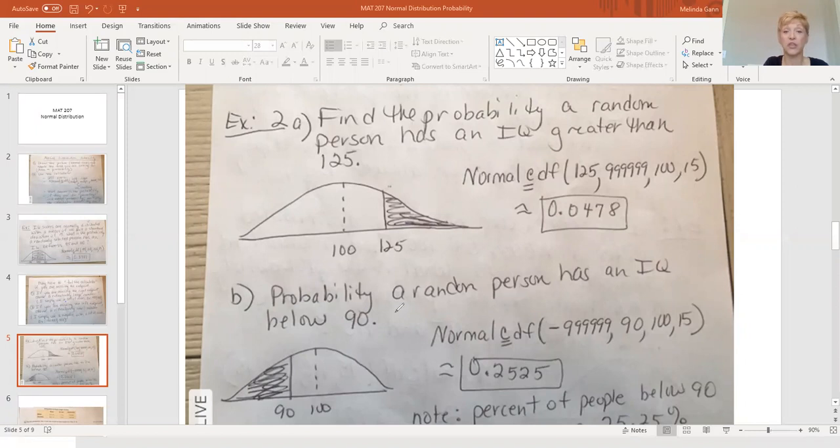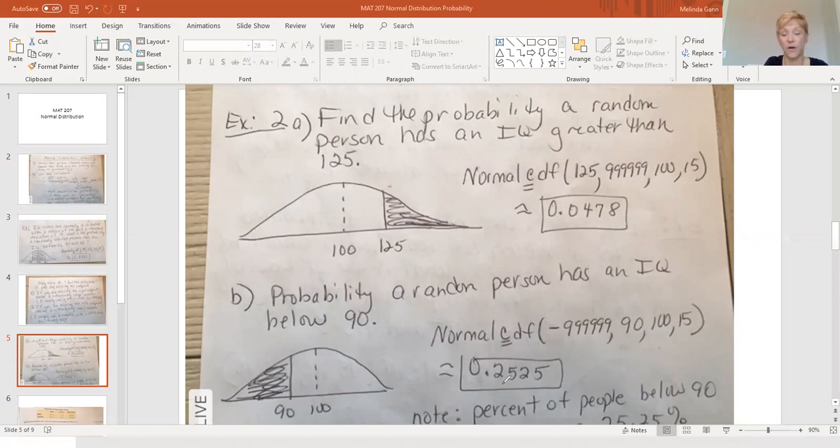Okay, look at this one. Probability that a person's got an IQ below 90. All right, so remember the mean's in the middle. 90's to the left because 90's smaller than 100. It said below, so that's why I shaded to the left on this one. So notice, now I've got a right endpoint, but no left endpoint. So when I went up here to do normal CDF, I put a negative and a bunch of 9s. Nobody's going to have a negative IQ score, no matter how challenged we are. So left endpoint on your shading, right endpoint on your shading, your mean and your standard deviation,